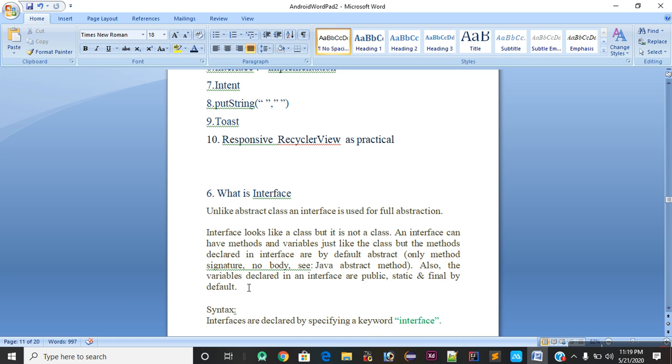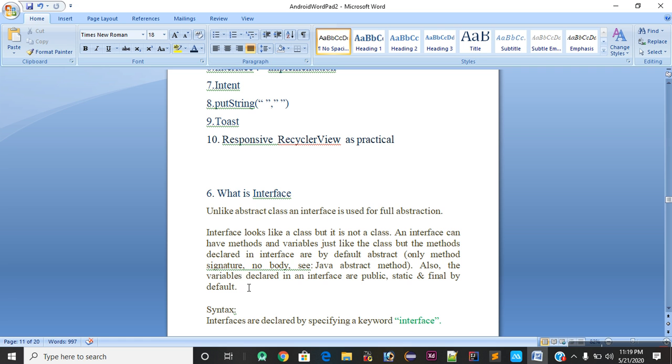But whenever we implement an interface, there are some methods that are declared, but we do not have to implement the body. We only write the signature of the method.